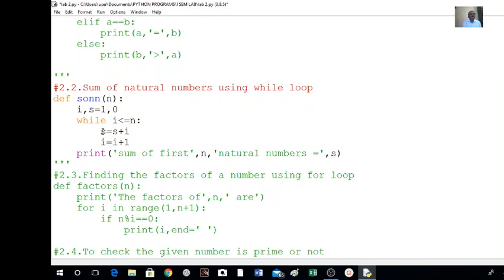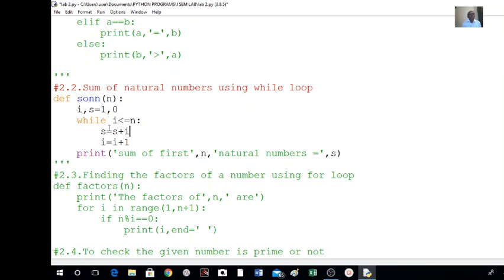First time, what I am doing here is writing s is equal to s plus I. That means the previous value of s was 0 and I equal to 1, so that is 0 plus 1. First time it is equal to 1. Next time the s value was 1. I becomes 2, because I have given I equal to I plus 1 here. Then this becomes 1 plus 2. Next again I is increased.